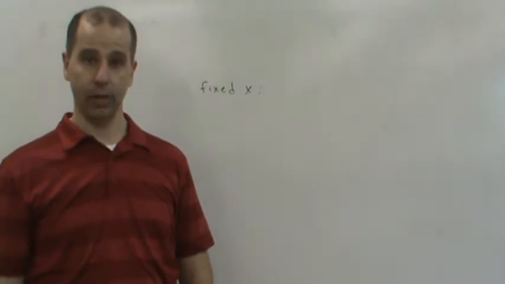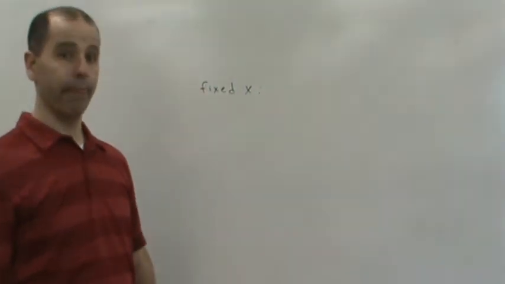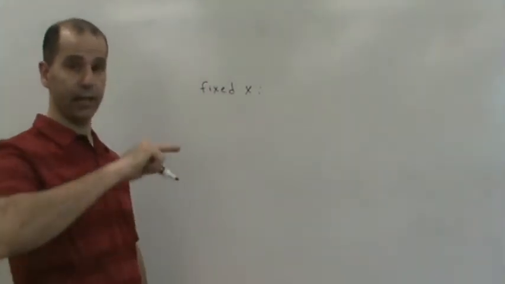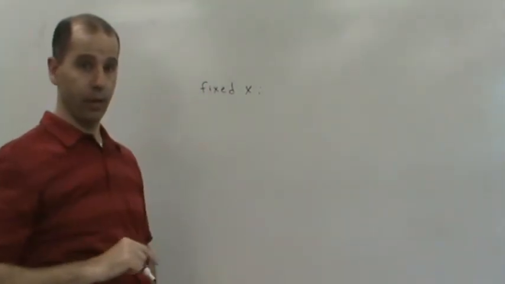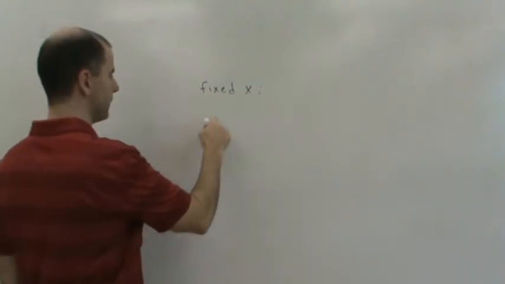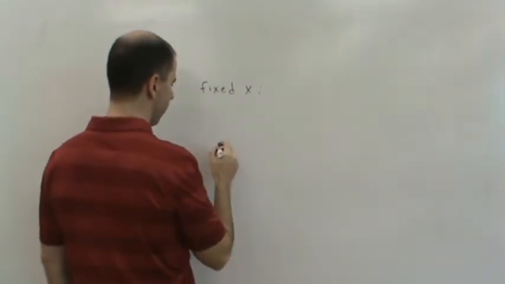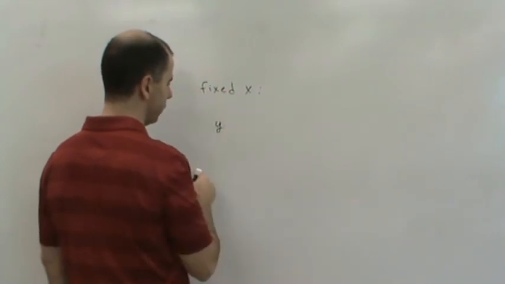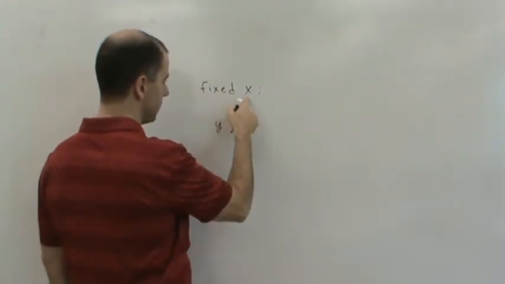Well, which line? The line that we talked about in the first assumption, the line of means. So if we take a particular x value, then we're saying that all the y values for this particular x value